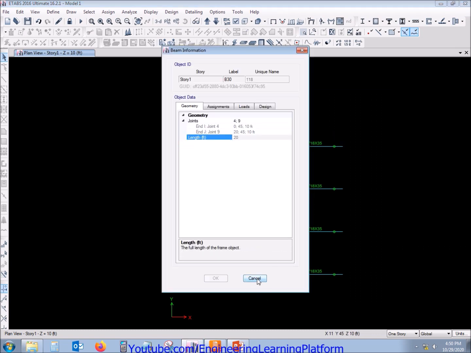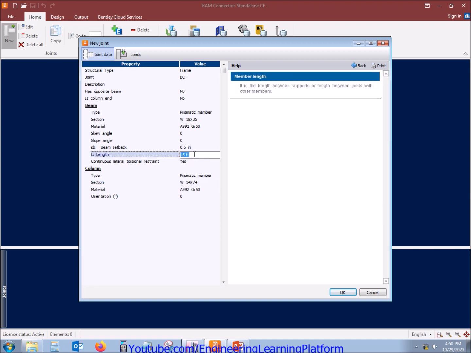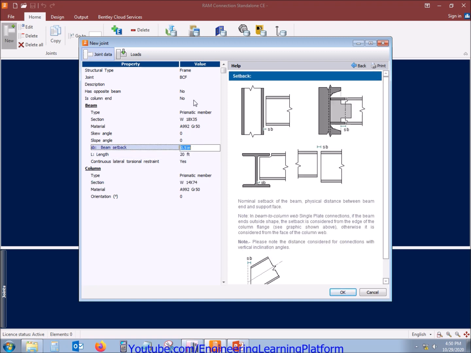But we are having beam length of 20 feet in the model, so we'll override it as 20 feet. Click on OK once you are done defining the beam column properties and material data.